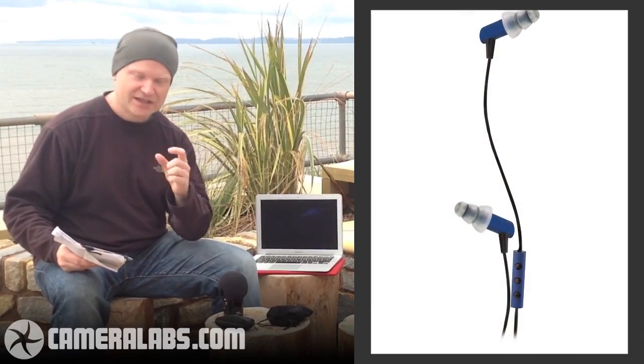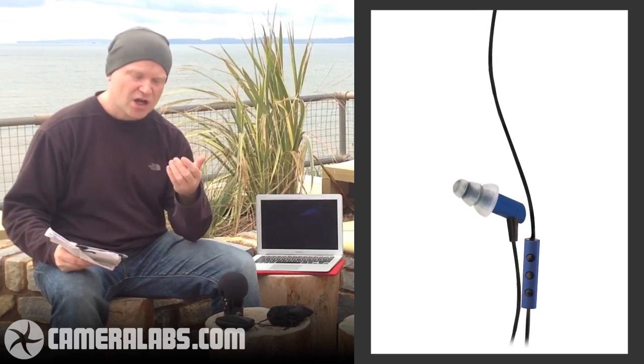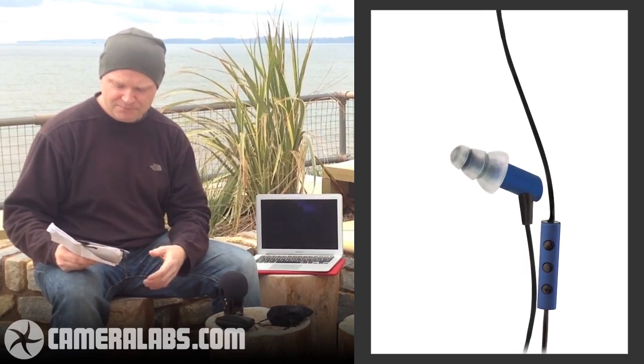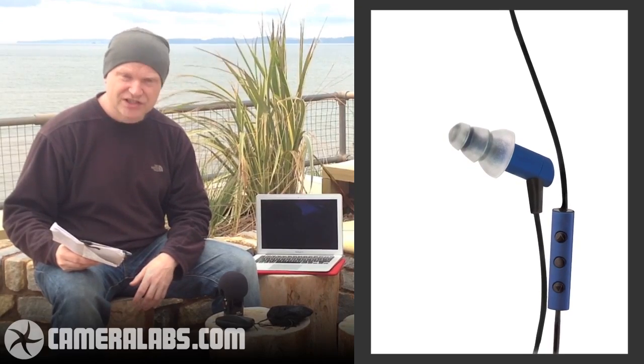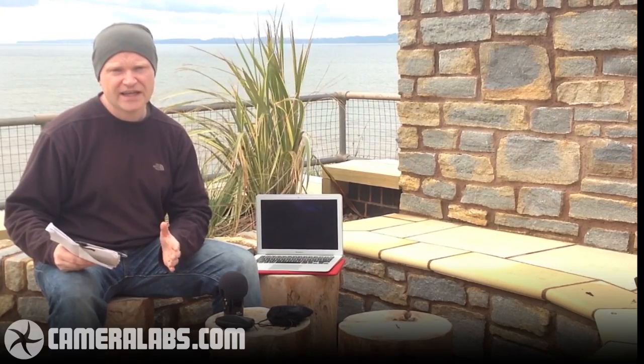These are exactly the same. They have the little microphone set for you to use on your smartphone, but also has transport controls, and they're designed for use with Apple mobiles, so the iPhone, the iPod, and the iPad. The US price on those is $179, and the UK price is £134. That sounds quite expensive, but remember we're talking about proper hi-fi here, and that can normally go to much, much